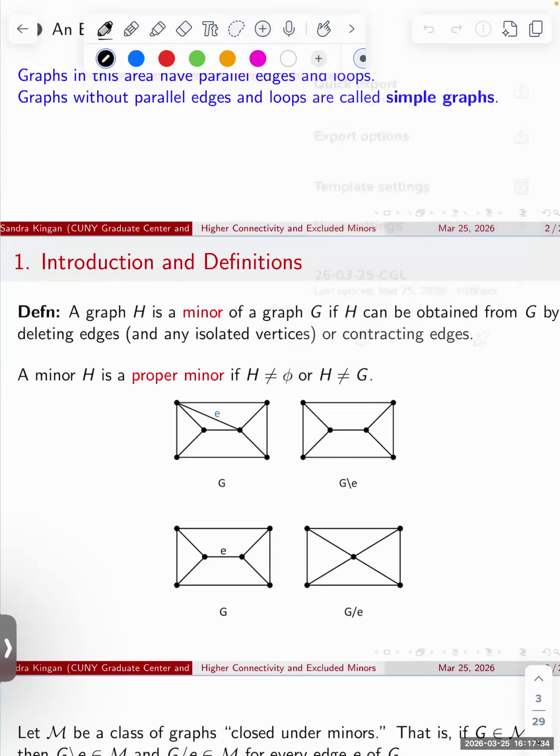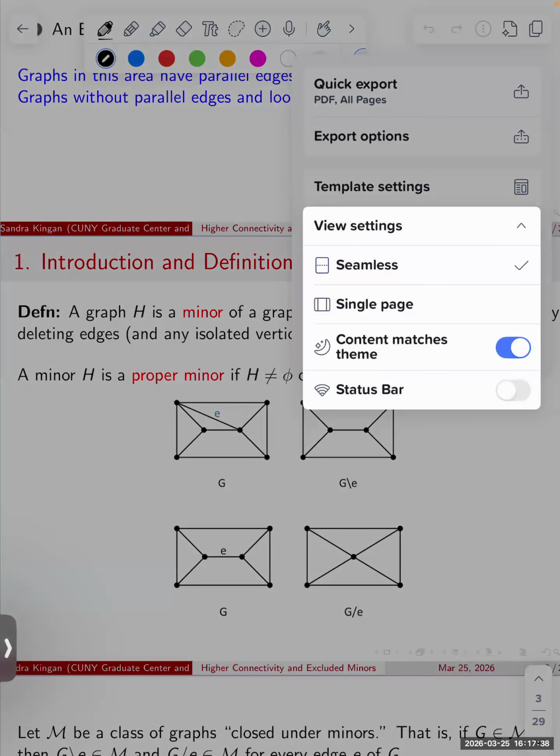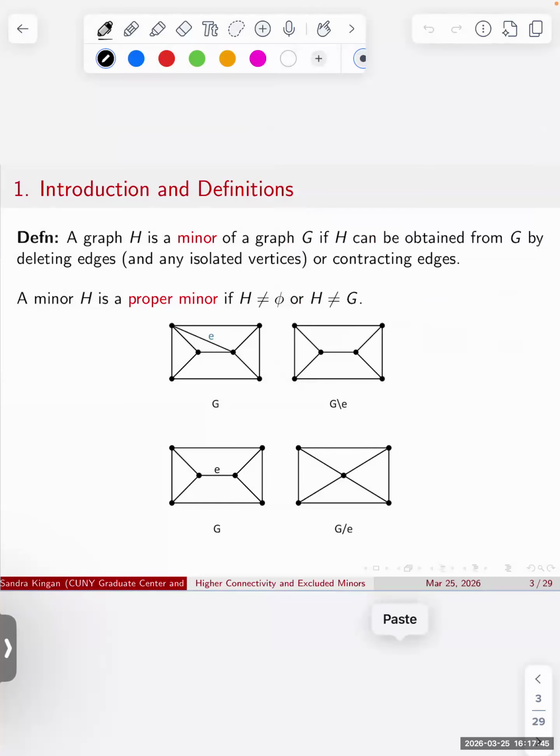I should have done this before, but I think there is a seamless or single page or something. Yeah,